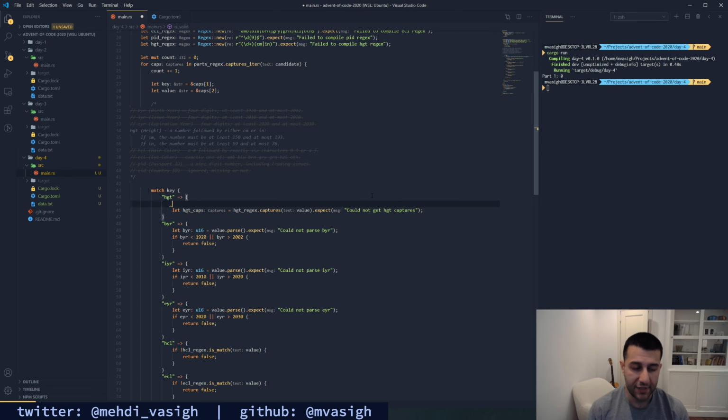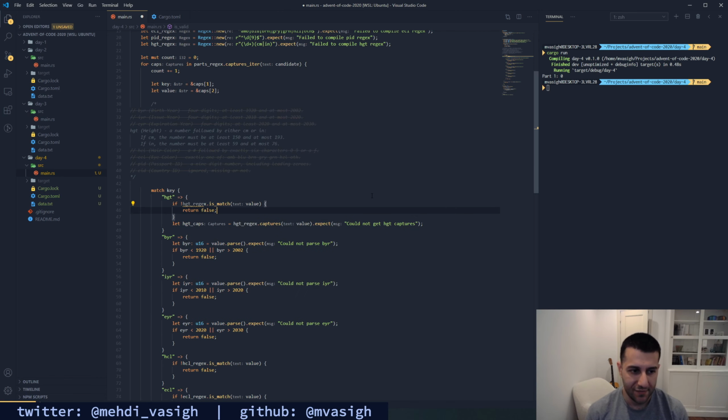First, I need to check to see if it matches the regex. If not HGT regex is match value, return false. So before we even get to this point, we need to make sure that it actually matches.